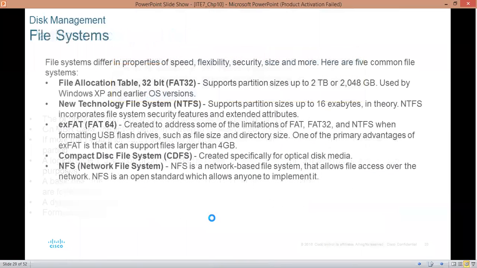Okay, so it depends on the formatting system you want to apply. So here we'll look at the different file systems that we created in the course of the formatting and partitioning. So here are 5 common file systems. One is the file allocation table, which is FAT32. It supports partition size up to 2 terabytes or